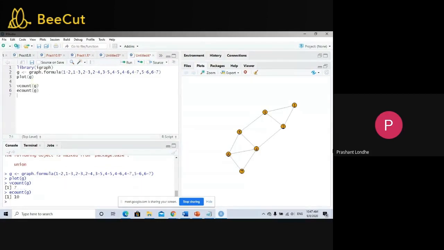We have 10 edges, and the density is calculated by a function. We have a ready-made function, you don't have to do anything. Density of G.